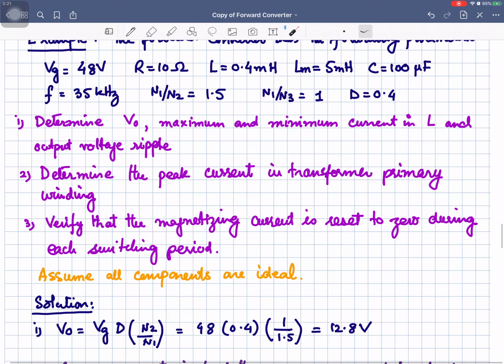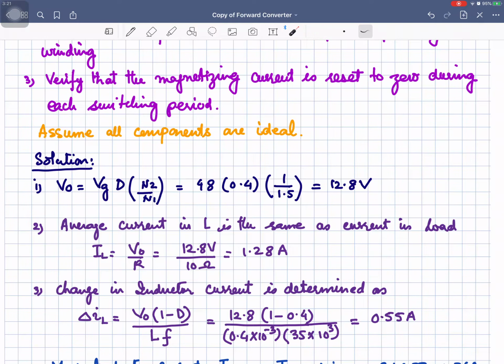first of all, the output voltage can be calculated with the help of the transfer function of your forward converter, that is this one, 48 times 0.4 divided by the turn ratio, so 12.8 volt will be the output. So, average current in the inductor will be same as that of your load current. So, IL will be equal to V naught by R. So, V naught is 12.8 divided by R, that is 10 ohm. So, the load current is 1.28 and same will be the current in your inductor of the buck converter side,